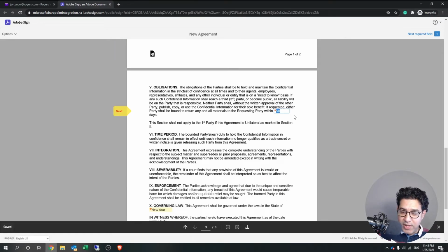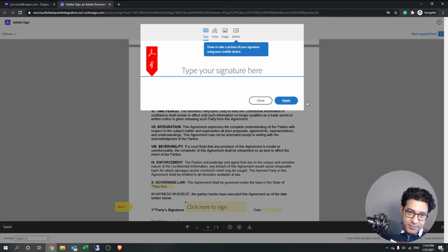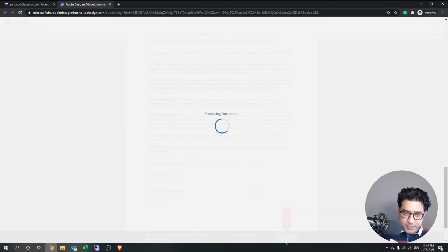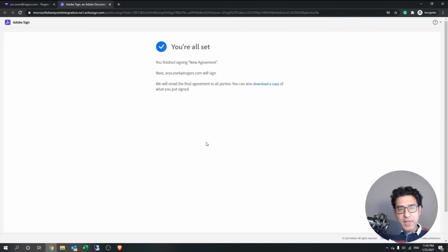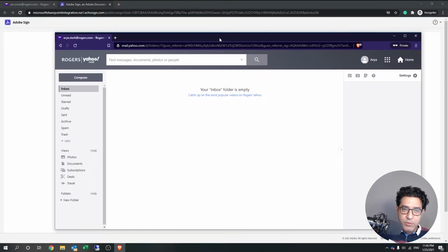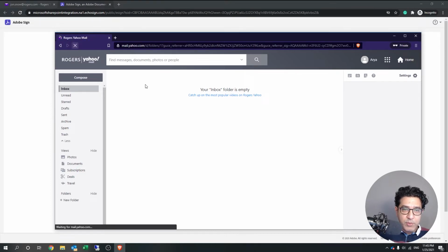He can override the information. He needs more time to return the item, and then signs John, and date is not required, and all set. Now we go to Arya, who's the second signer, and once we refresh, we will see that